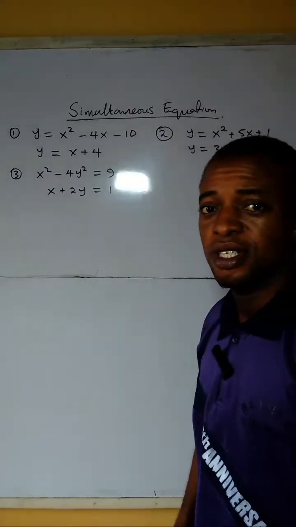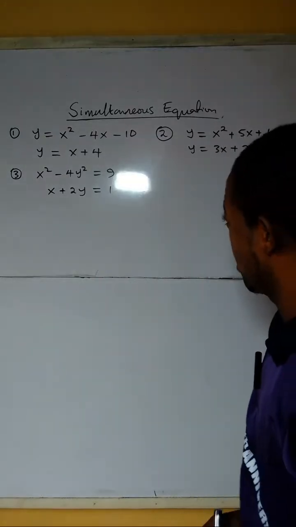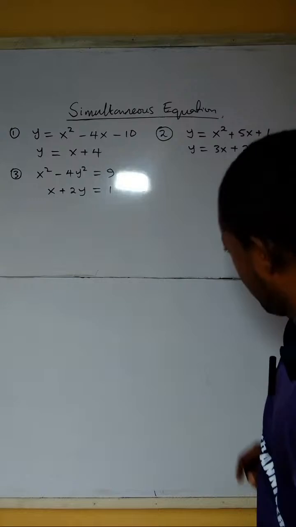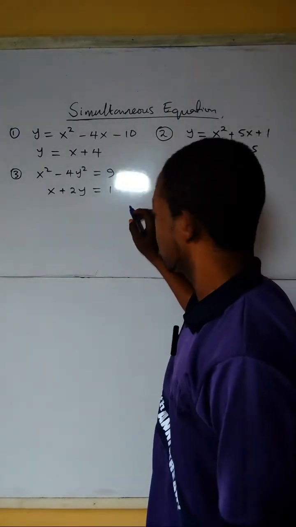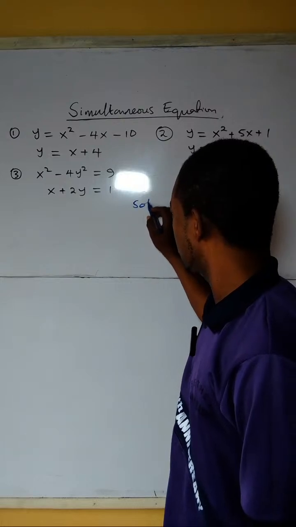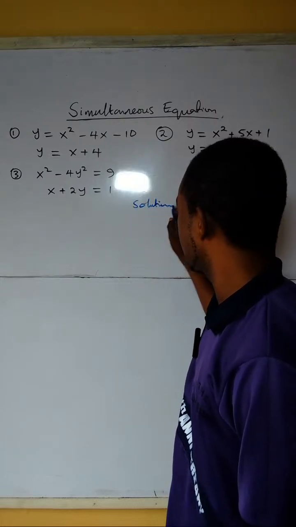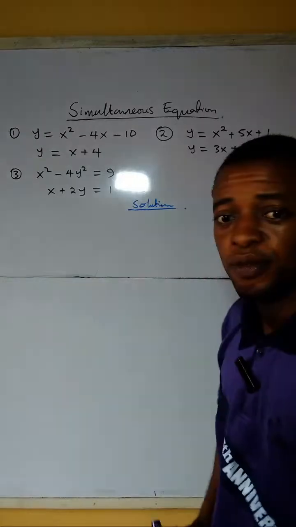To solve simultaneous equations, here we have one quadratic and one linear. Then the solution from what we have here. Here, the first question